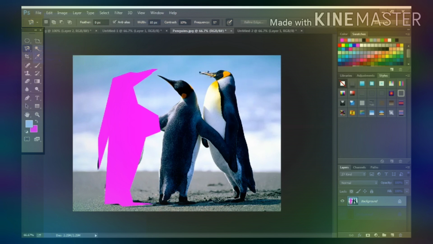It is the magnetic lasso tool. Select it and then start using it. What it will do is that its border snaps to the edges of the desired area of the image. As is clear by the name, it is a magnetic tool. So it is used for quickly selecting objects with complex edges. Now use. Wherever it finds edges, it is selecting automatically.